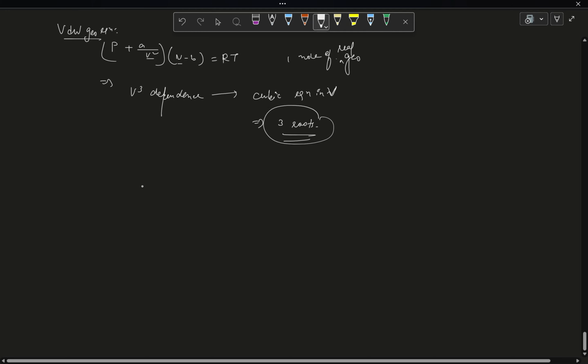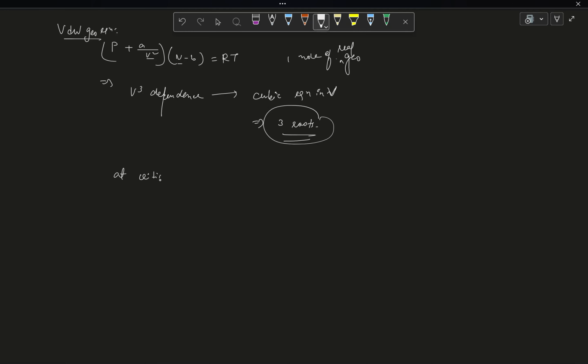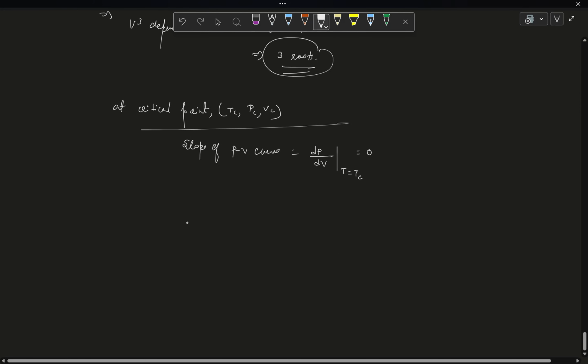So the main conditions we are now familiar with are that you have to use two conditions at the critical point, which is defined by TC, PC and VC. Let me also write this, the critical point parameters. At the critical point, the slope of the PV curve, dP by dV at constant temperature, is 0, where the constant temperature is T equal to Tc. And the curvature